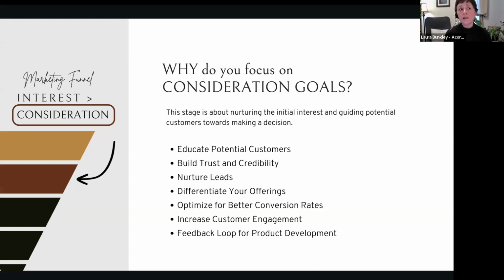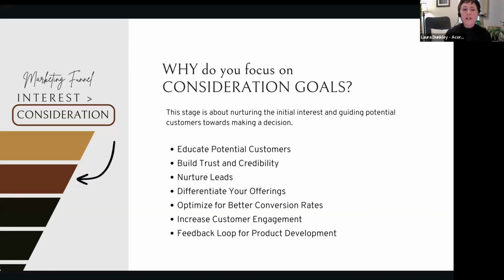And why do we do that? It's because our potential customers need some education. We need to build trust and credibility. We need to nurture those leads. That's where we break them down. It's like give them the right information at the right time. Don't give them too much. And we see that a lot in landing pages, right? Like we'll do an ad and it comes right to the landing page and they go, oh, buy. It's like, well, you haven't given me enough information yet. So you have to slowly give them the right information at the right time, and even down to specifics on the landing page, right? Top of the fold. Are you going to move them all the way down? So that's nurturing the lead.